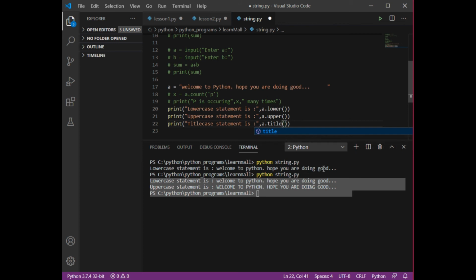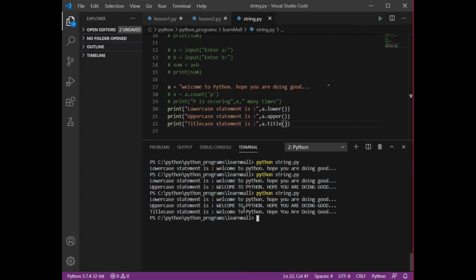Save this, run this, and see. Now automatically what it has done, W was small, H was small, automatically it made W capital, H capital. So this is your title case. Every word's first letter becomes capital. So that is your title case.